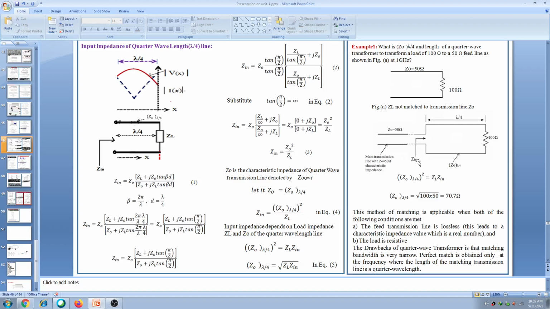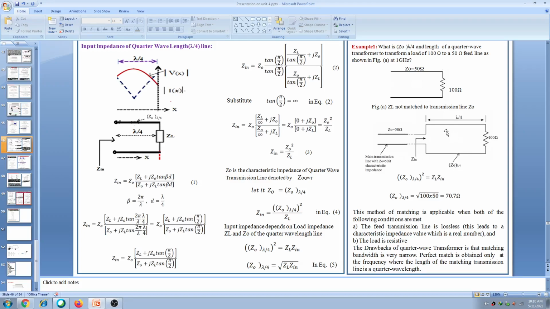So we should make this Zin equal to this 50 ohm. To do that, you should choose this value properly, using this equation for Zin. Rearranging, for a required Zin of 50 ohm, and the load given as 100 ohm, what is the value of the characteristic impedance of this line? We got 70.7 ohm in the previous class. The length of the line depends on the frequency, and the characteristic impedance depends on what value of Zin we needed. This we have to calculate.